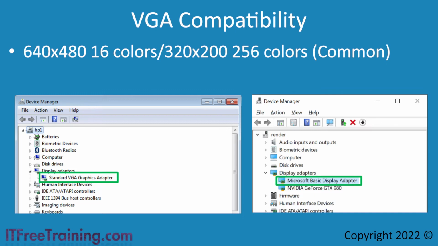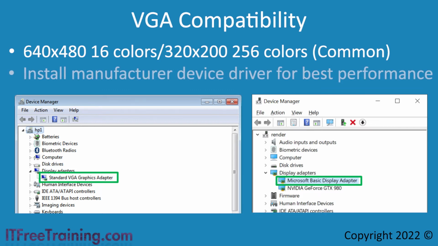The point to remember is that when a default graphics device driver like these are installed, they will have limited performance and capabilities. For example, the device driver may be limited by what resolution it can display. When you first install Windows, if the resolution is lower than what the monitor supports, this is an indication that the default graphics device driver was installed. For best performance, install the video device driver for the installed video card.